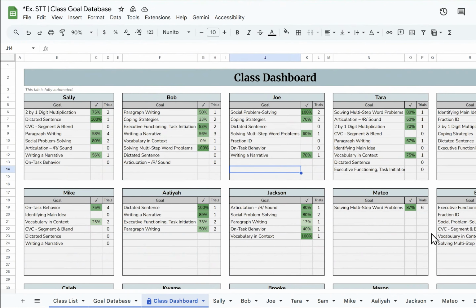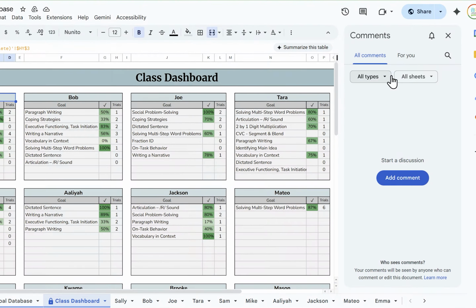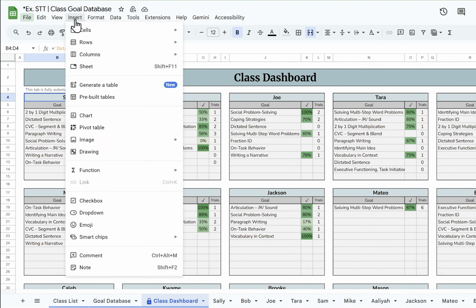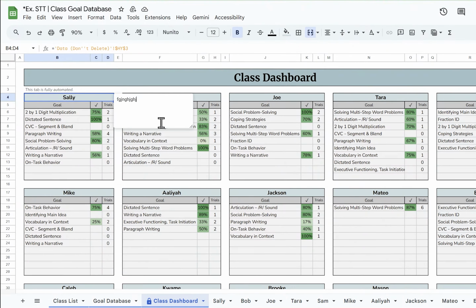Nothing. Unless the few things you want to do are, I'll tell you, if you wanted to write on this and leave a mental note to yourself about the student, something you wanted to mention on their progress report, you've got two options. You can add a comment for yourself to tell yourself what to do or whatever you want to bring up in the progress report. Or what we do, you'll see sometimes on our Start Here tabs, you can add a note. So you're going to go to Insert, go down to Note, and it'll be right there,